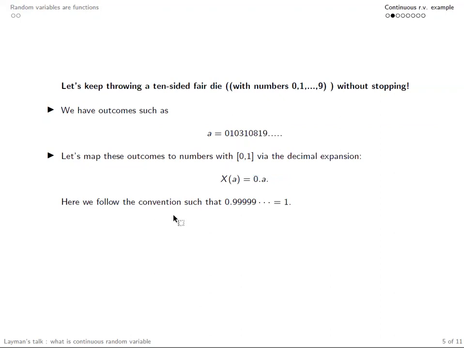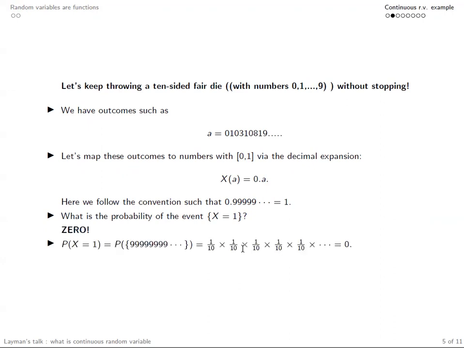And we follow the convention such that 0.9999..., if you have all the digits equal to 9, is equal to 1. We will consider that a decimal expression of the number 1. Now here comes the first question. What is the probability of this event, X equal to 1? You can pause the video at this moment and try to figure this out yourself. Well, it's 0,